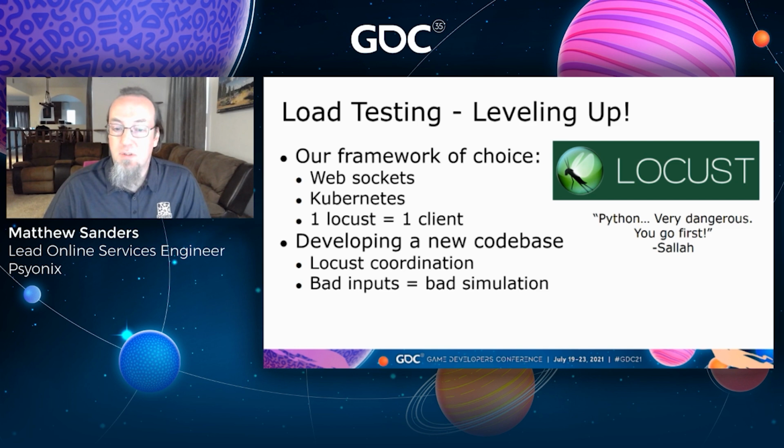One notable gap in our original design was that our locusts did not coordinate. They simply generated randomized data for their test runs. Running certain test suites was generating far too many validation warnings. This was a big problem because while the call volume might be correct, the work done by each service call would be completely inaccurate. For example, most validation warnings cause our services to return an error without even hitting our